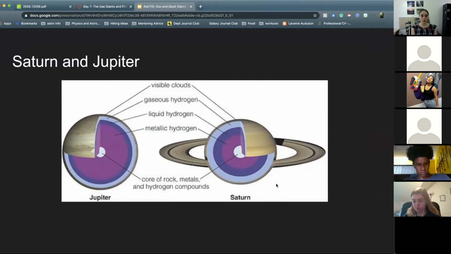With the terrestrial planets, we could use Earth kind of as a model to think about what was happening inside of them. With these outer planets, they are nothing like us, so we can't really use Earth as a model. They're completely different. They are mostly gaseous, which is not what's going on here, and we haven't been able to send a ton of probes to these outer planets because they are so far away.